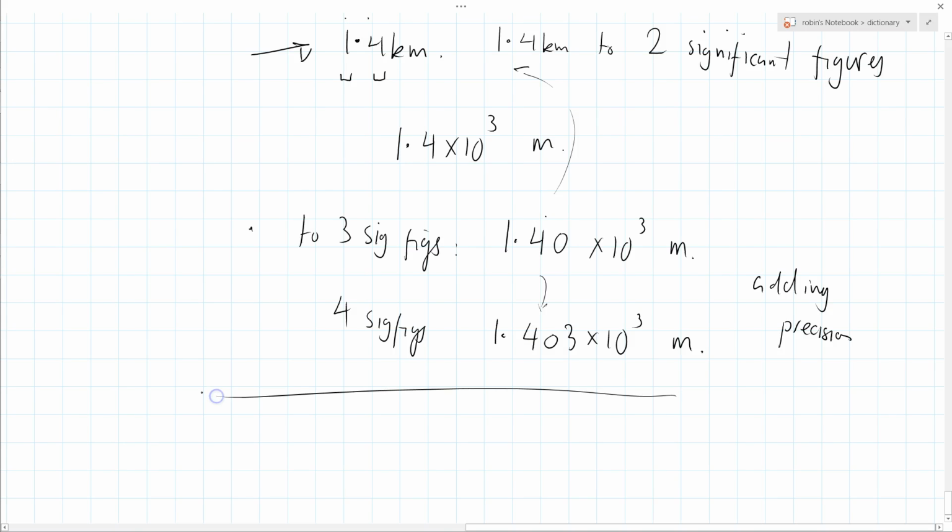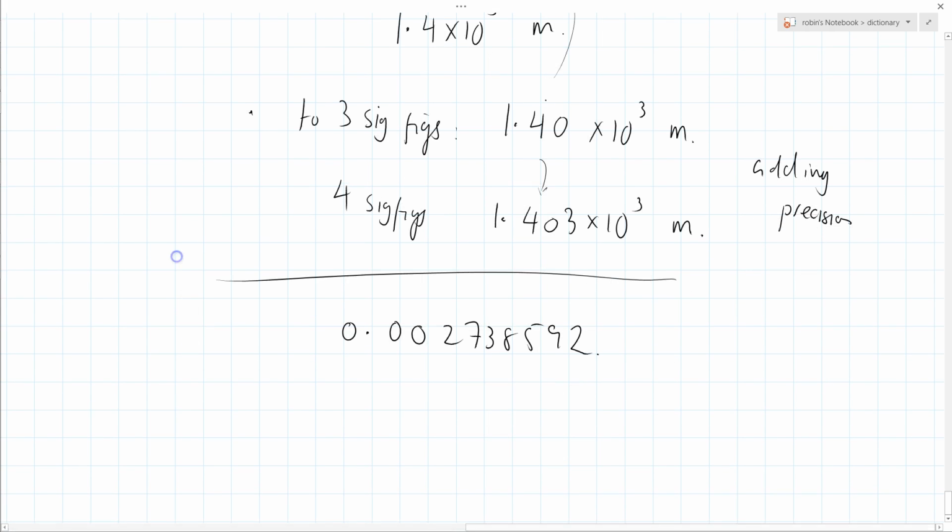It works for small numbers as well. If I've got a small number, 0.002738592, let's say, then part of the problem with a number like this is that your eye gives as much weight to the numbers here as these numbers here. And of course these numbers are very, very much more important because they've got a higher place value than these guys here. But your eye gives them equal weight, and so it's a bit confusing. So you might say to 3 sig figs, that equals